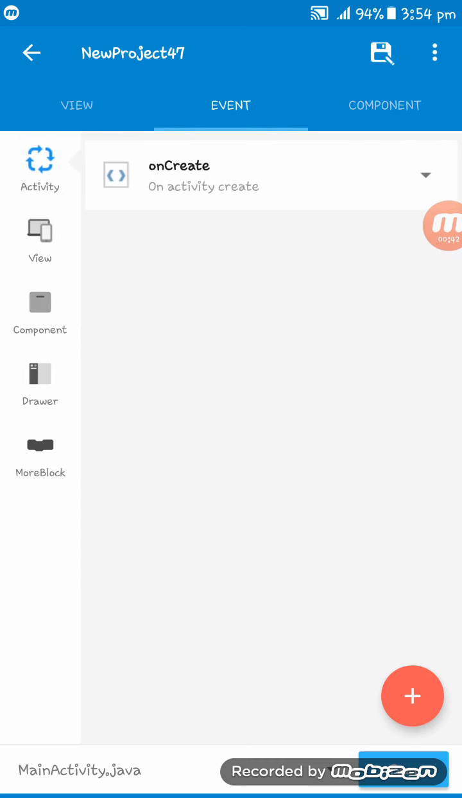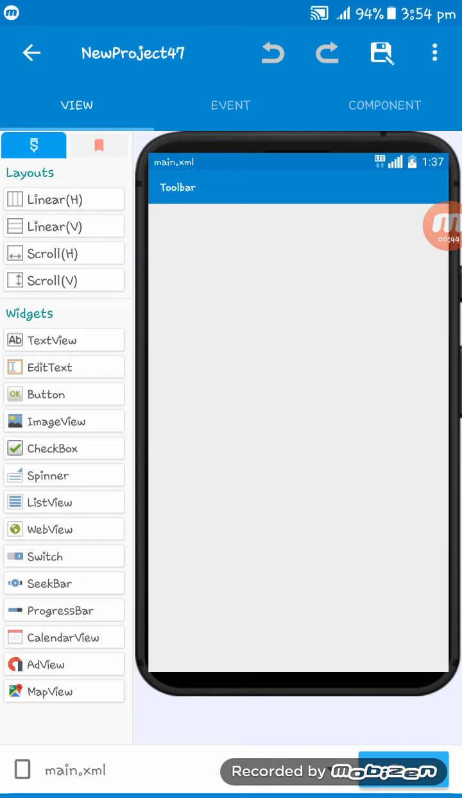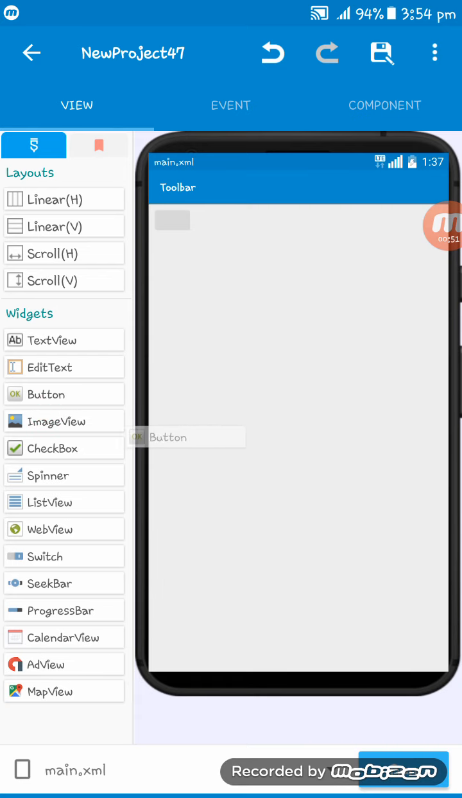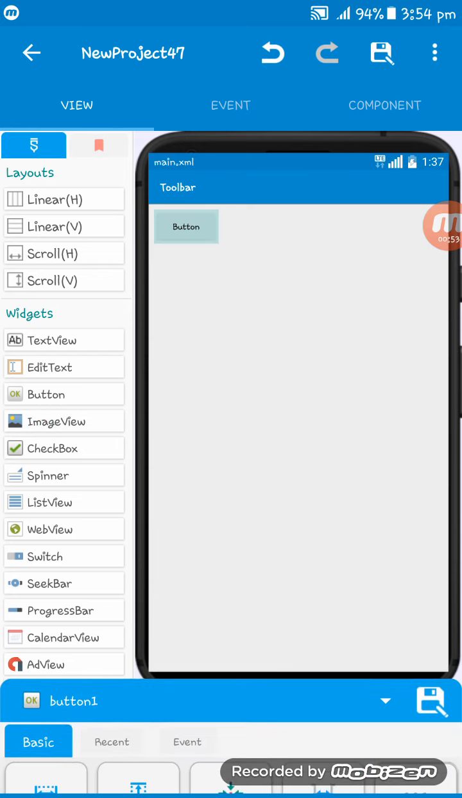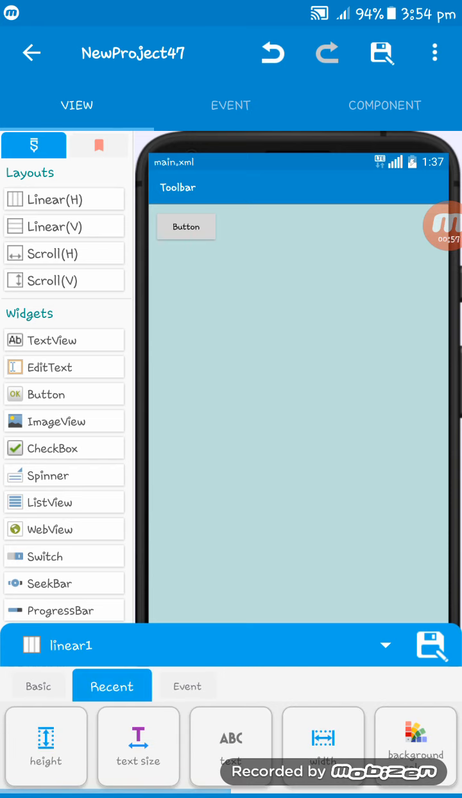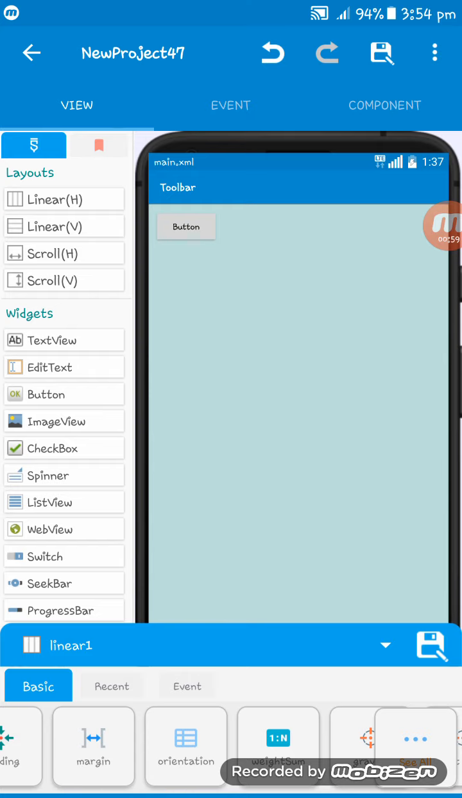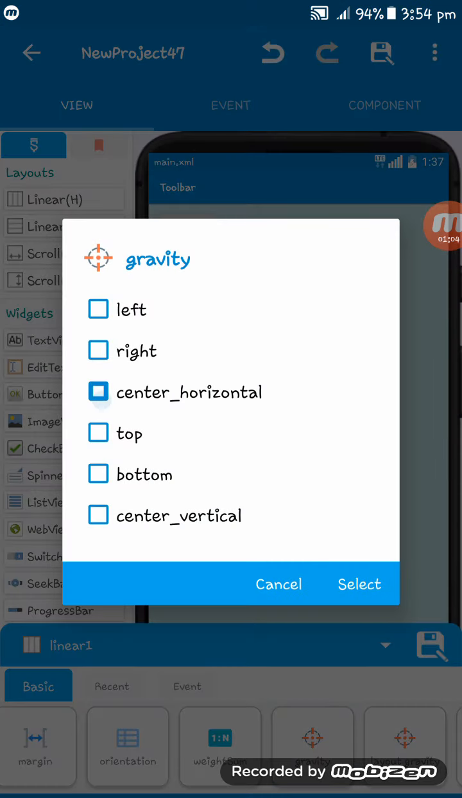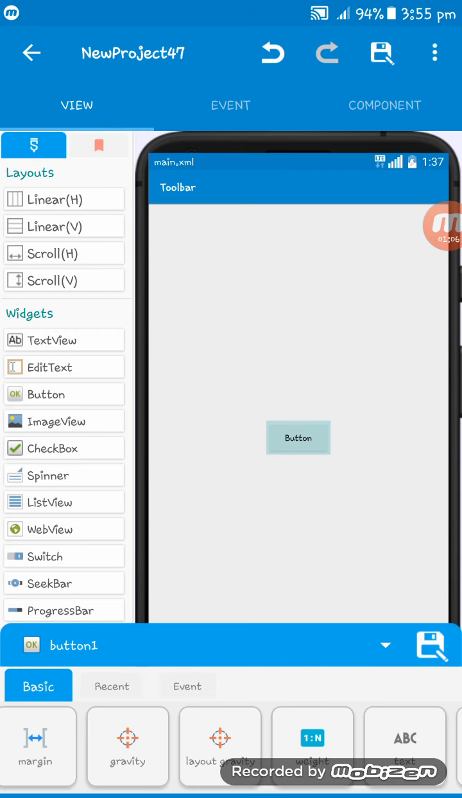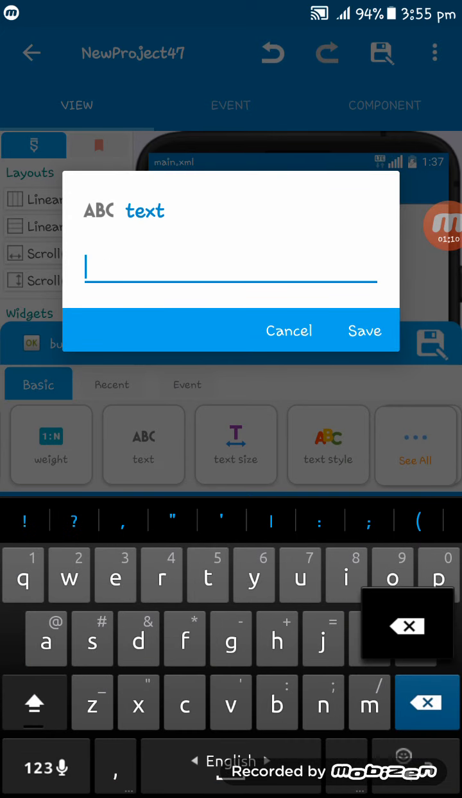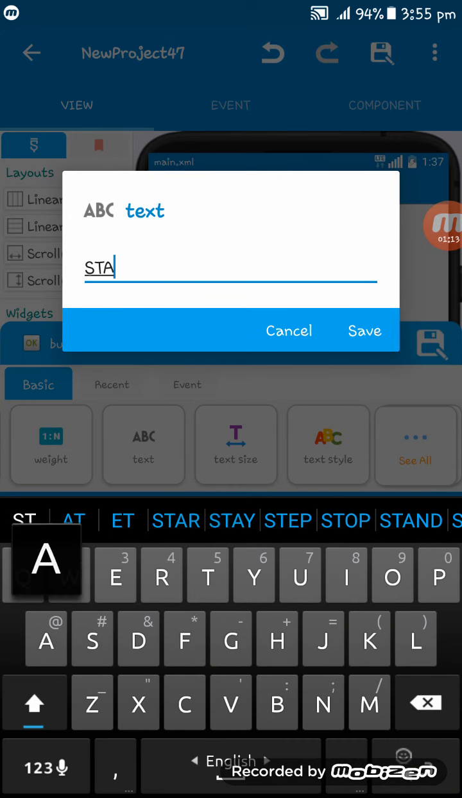Now we have to set a linear here, height match parent. Now set a button here and set the linear one basic gravity center. Now set the button text start